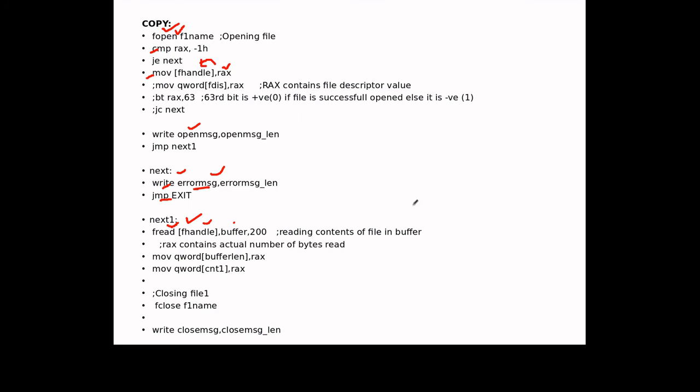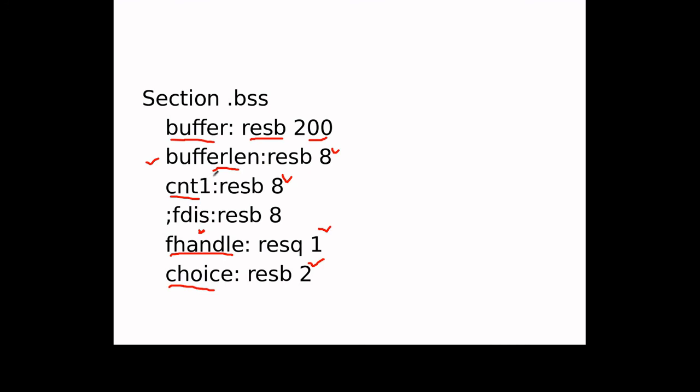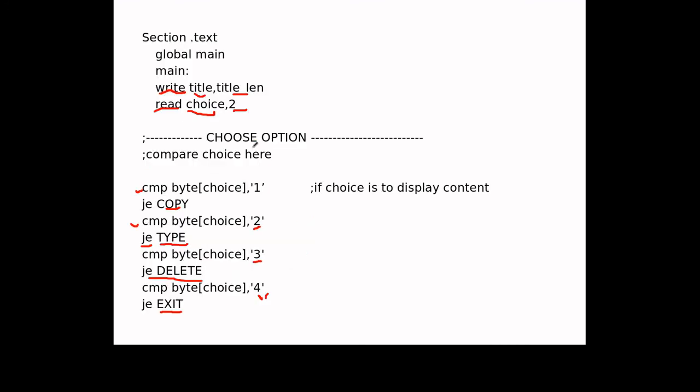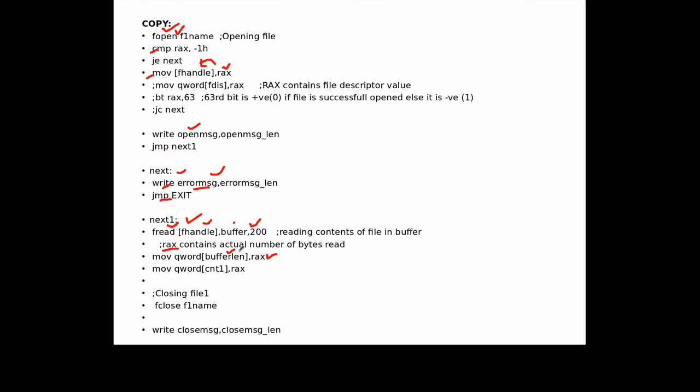So the actual number of bytes after execution of this fread macro will be in the RAX register. So we have to move that RAX, that is the actual bytes read by the fread macro. That RAX contains the actual number of bytes read. Take that in buffer length, which we have also taken as one buffer, with the help of the move instruction.